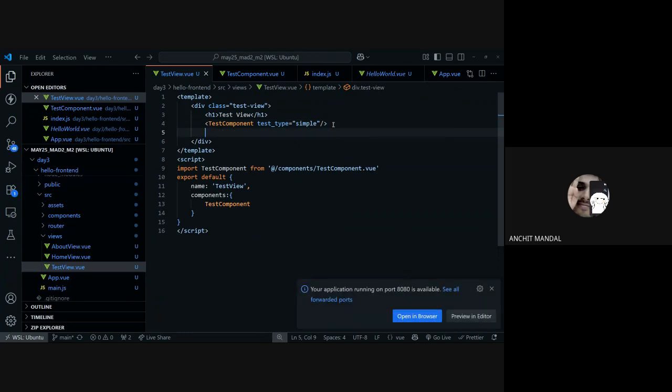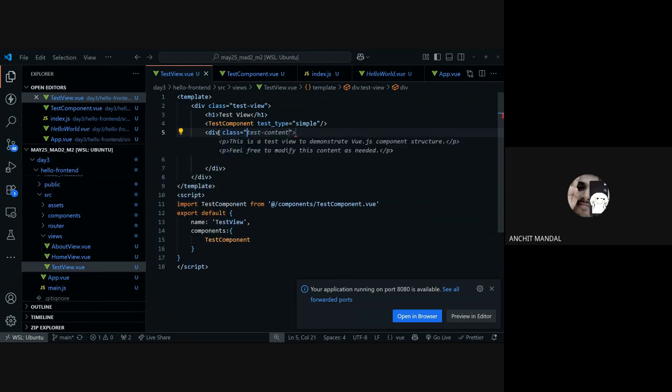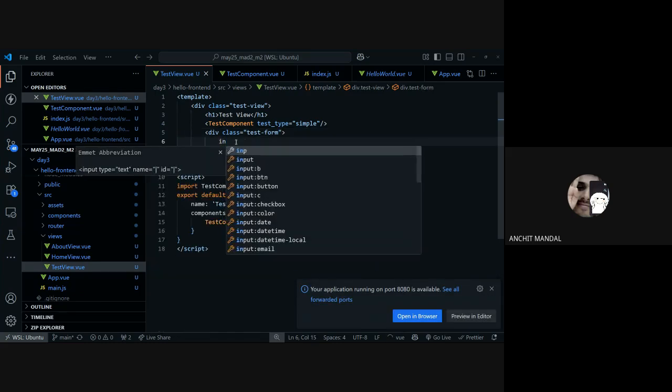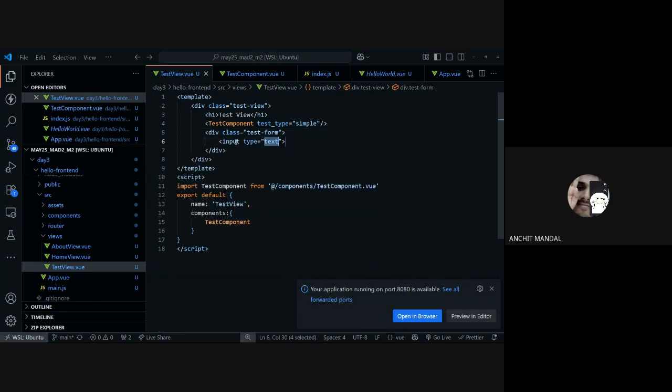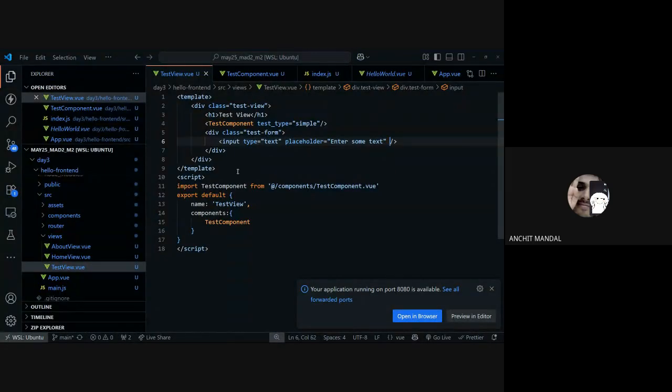For example, I have an input tag in here, with type as text and address of text. What I want to do is that it would be visible over here. That's visible. Enter some text. Now,